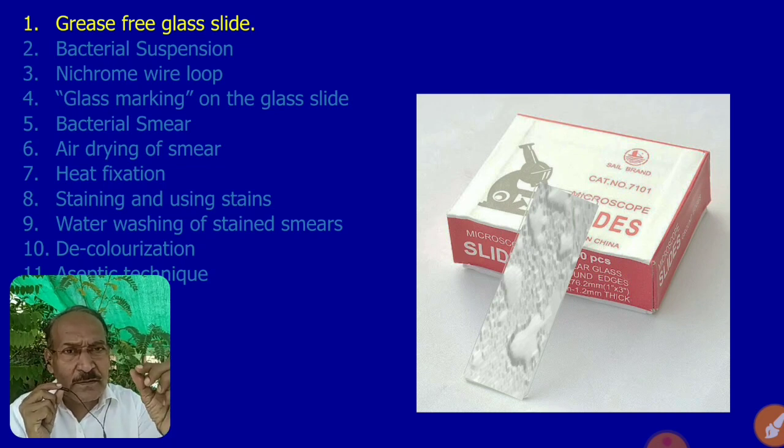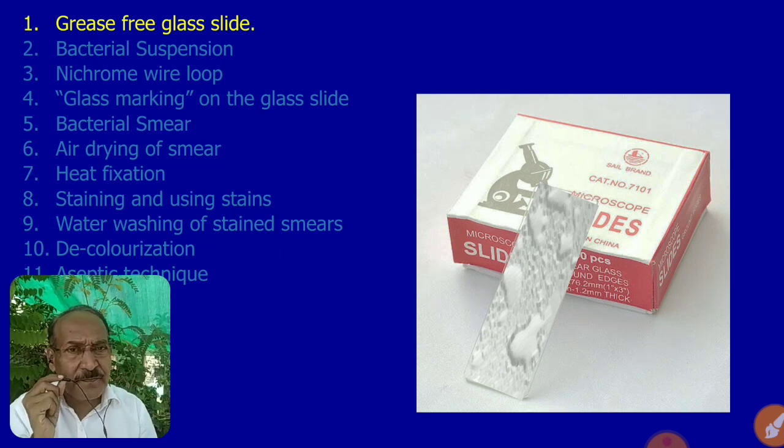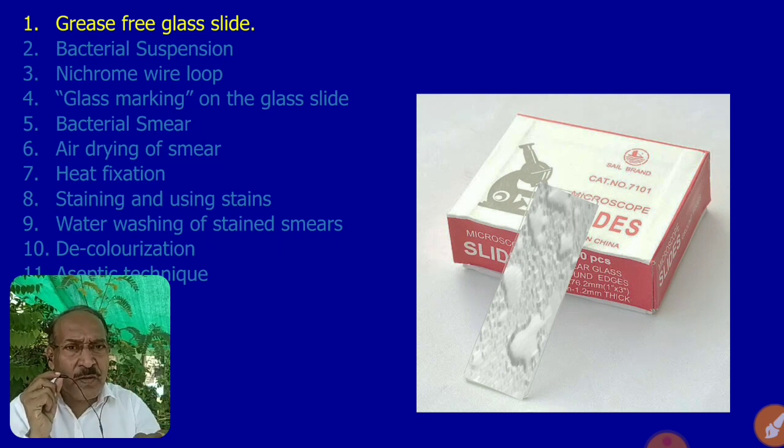Means first you clean that slide with the detergent, then you expose it to chloroform or ethanol. Take this slide out, then don't touch the surface of the slide with your fingers, because our hands or fingers are also oily. If you touch the cleaned surface of a slide with your fingers, you may again make that slide surface oily or fatty. So you don't touch. Hold that slide in your fingers edge-wise. And then let it get dried there itself. Or if you want to dry it faster, you hold it near the flame.